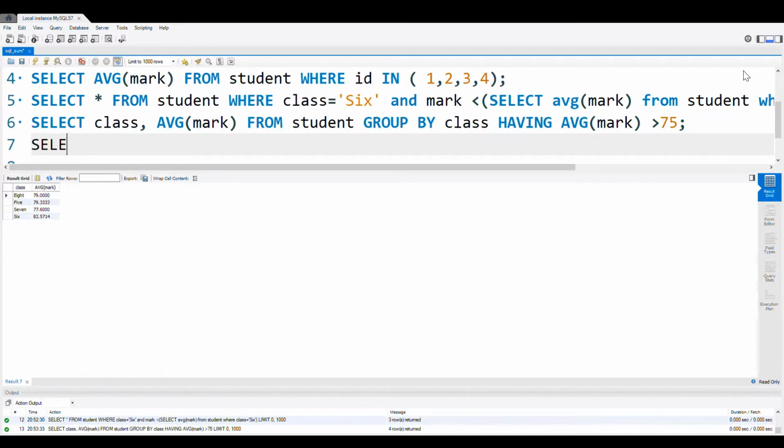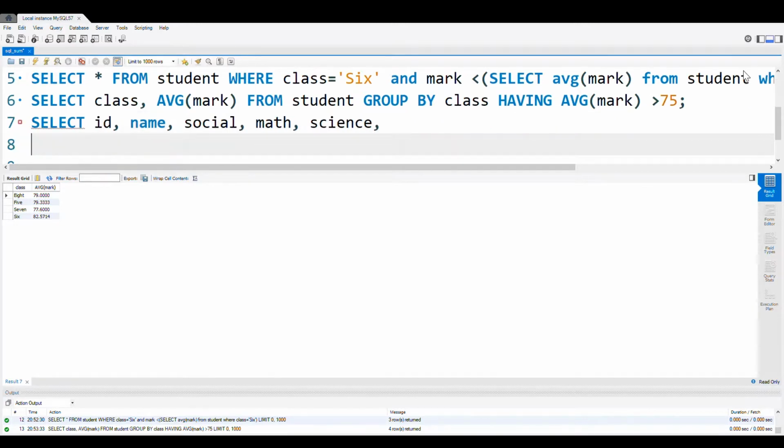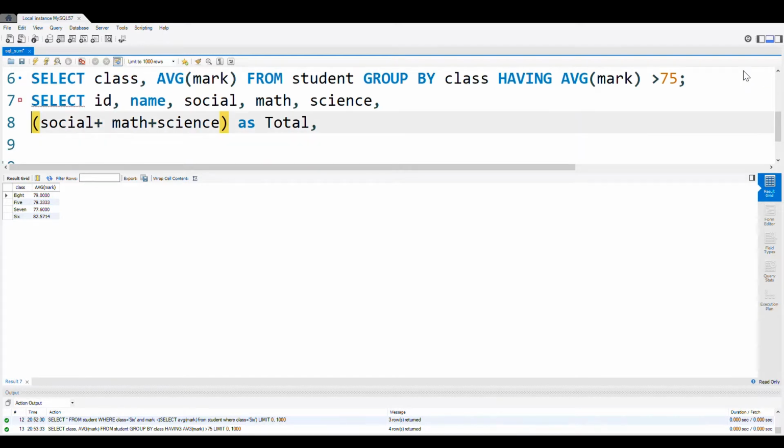We'll write select ID, name, social, math, science, then next line we'll write social plus math plus science as total. Now we'll copy this.